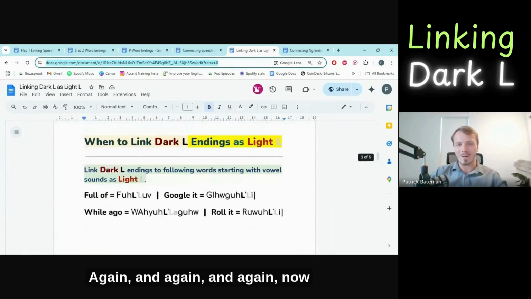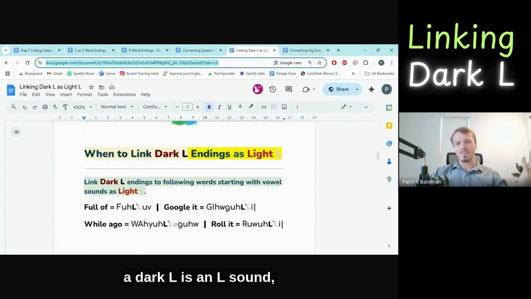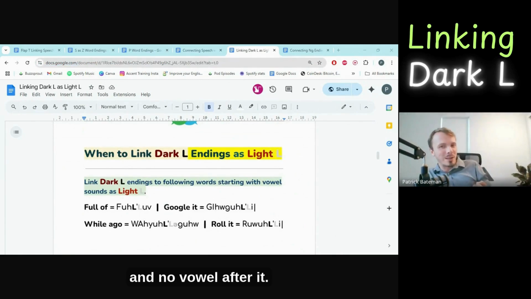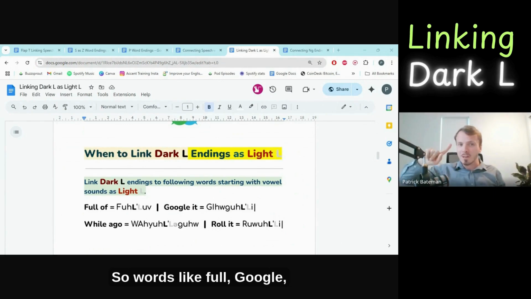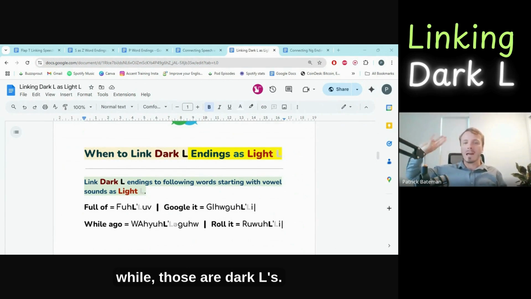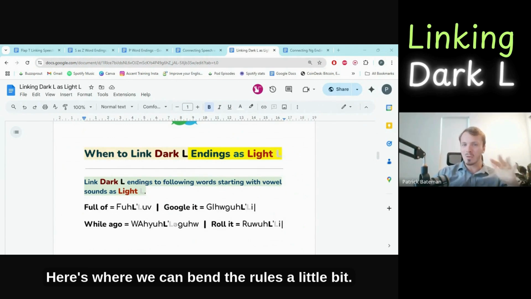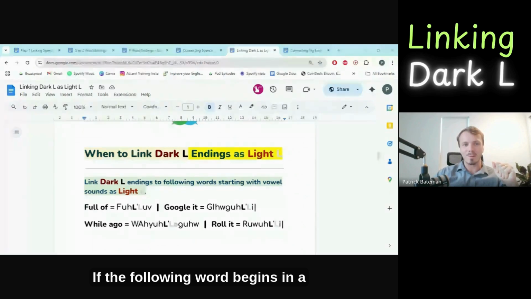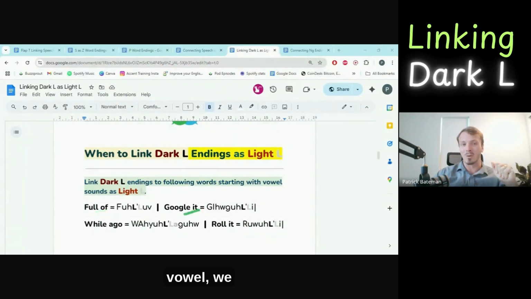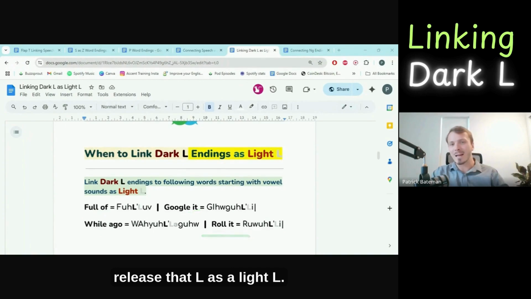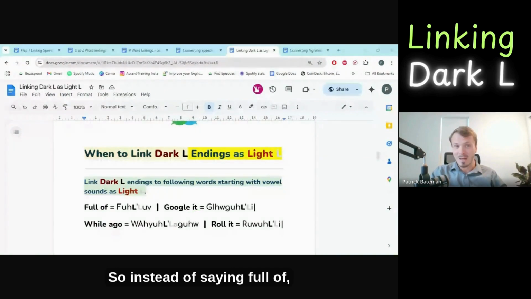Now, a dark L is an L sound which has a vowel before it and no vowel after it. So words like full, Google, roll, while, those are dark L's. But here's a cool thing about this. Here's where we can bend the rules a little bit. If the following word begins in a vowel, we release that L as a light L. So instead of saying full of,